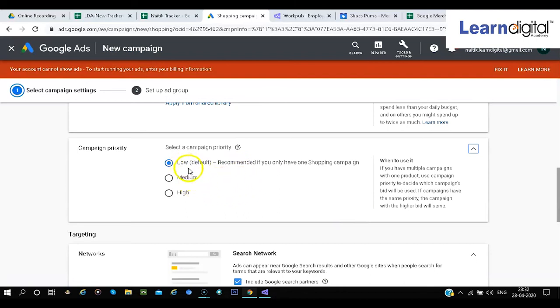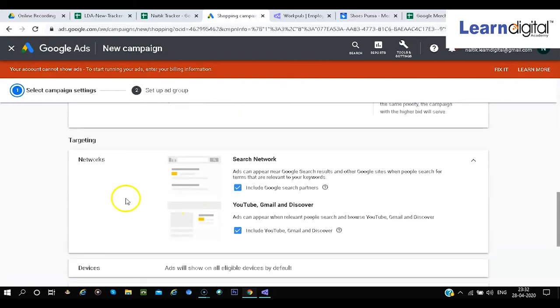So the obvious campaign with the higher priority would be considered. Okay, and the bidding of that campaign would be considered. Moving forward, then you have targeting, and targeting can go for search network as well as YouTube or Gmail and